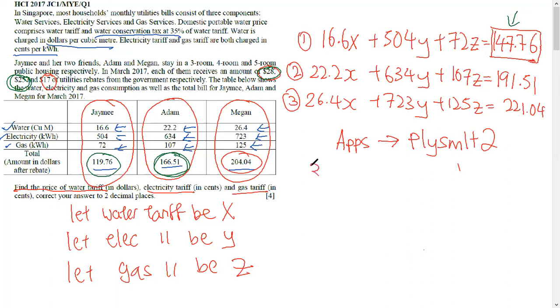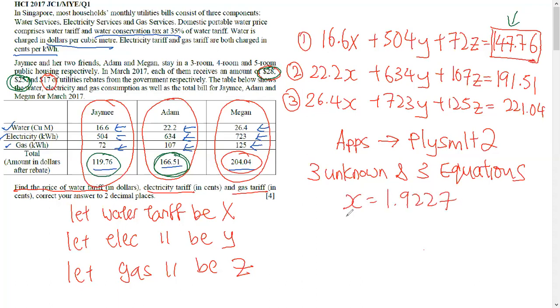In this case, the equation solver should be set at 3 unknowns and 3 equations. Once you key in everything, press enter, you should get your values of x equals 1.9227, y will be 0.20287, and z will be